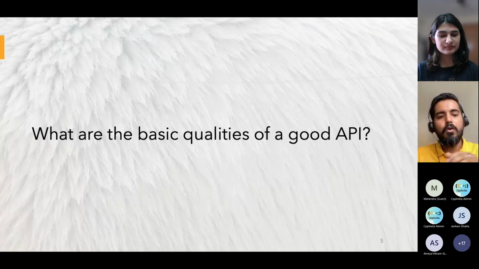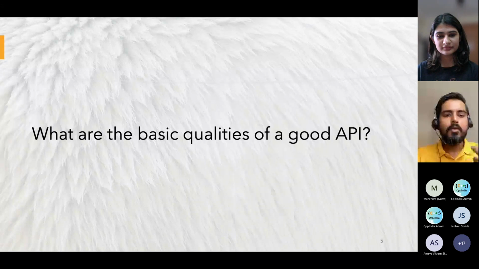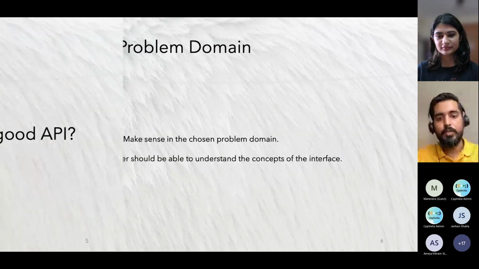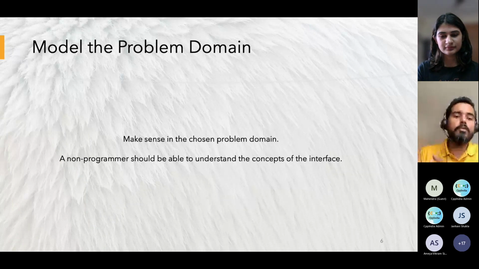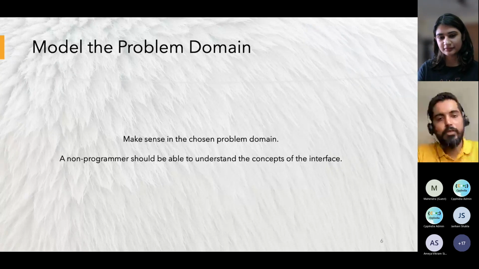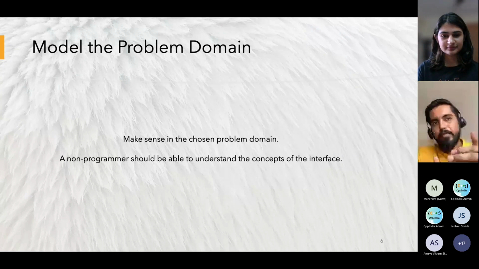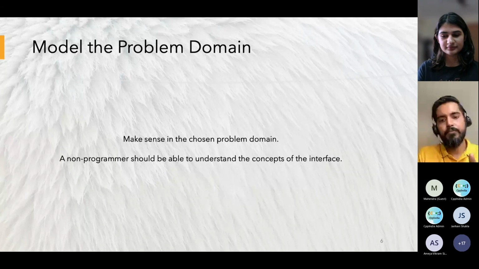So what qualities should a good API have? Your API should be modeled on the problem domain, meaning your API should expose the domain information for which you are writing those APIs. For example, with the server connectivity thing we discussed, your APIs explain how I can connect to a server. So it will give you all those details, right?